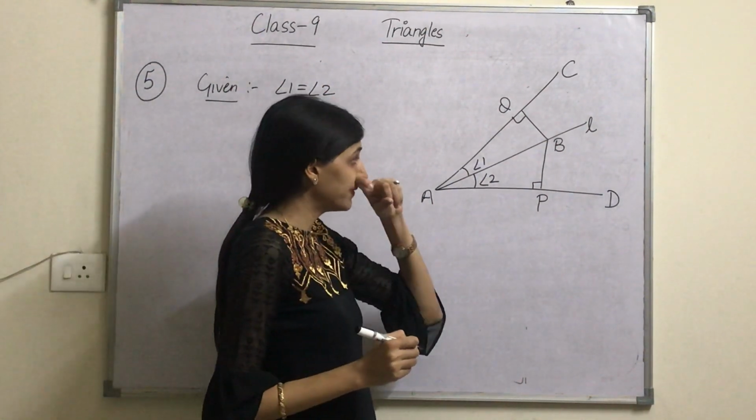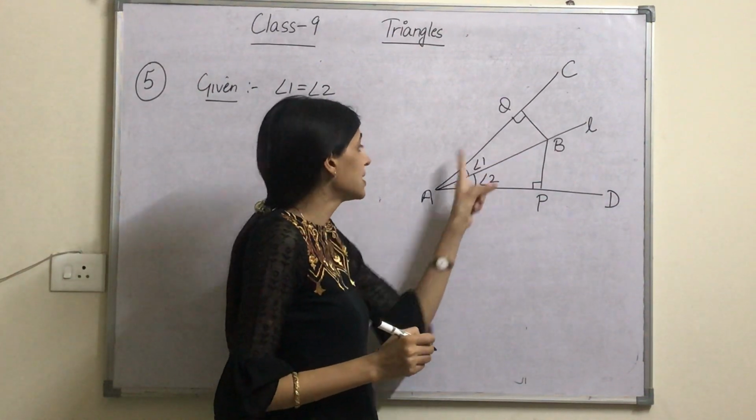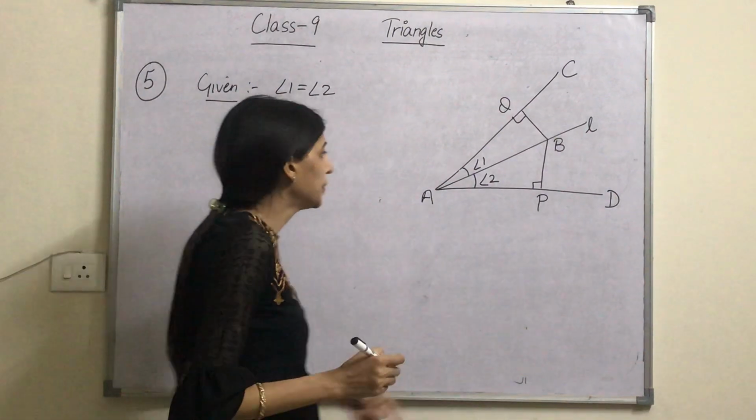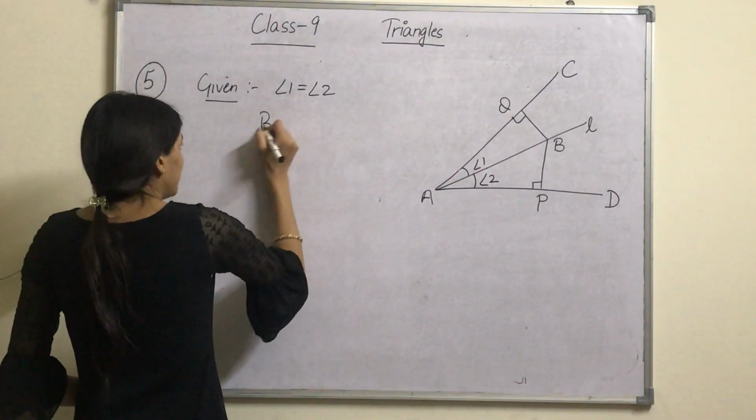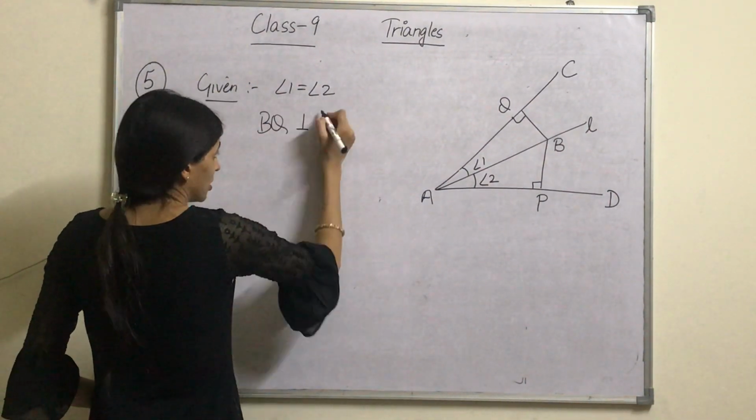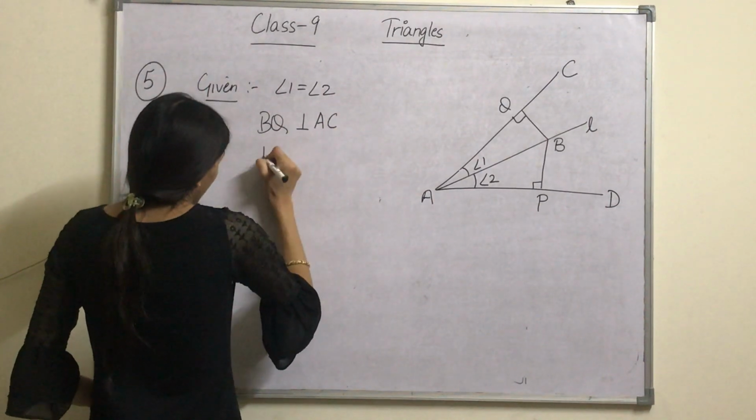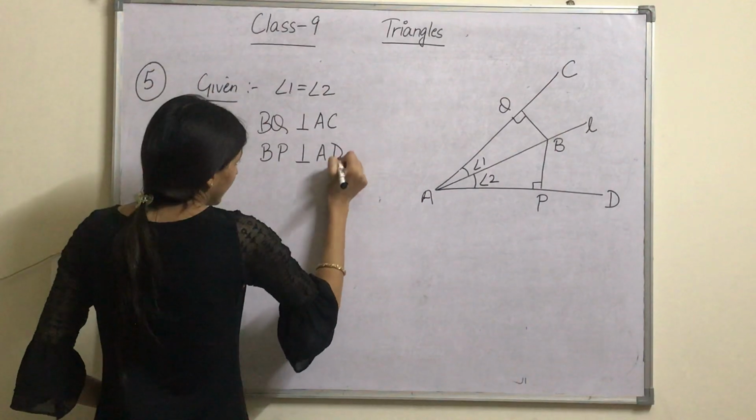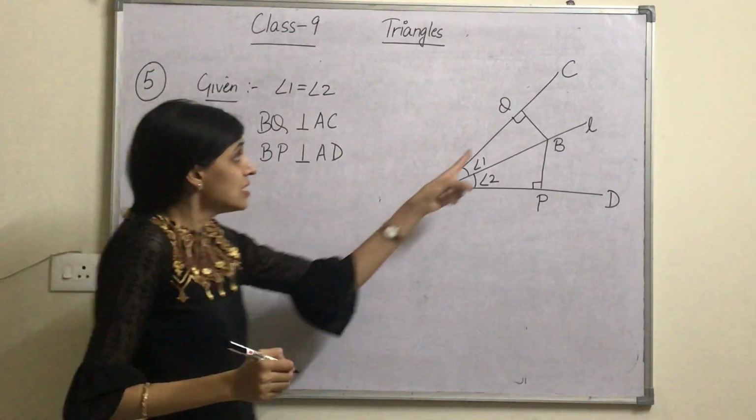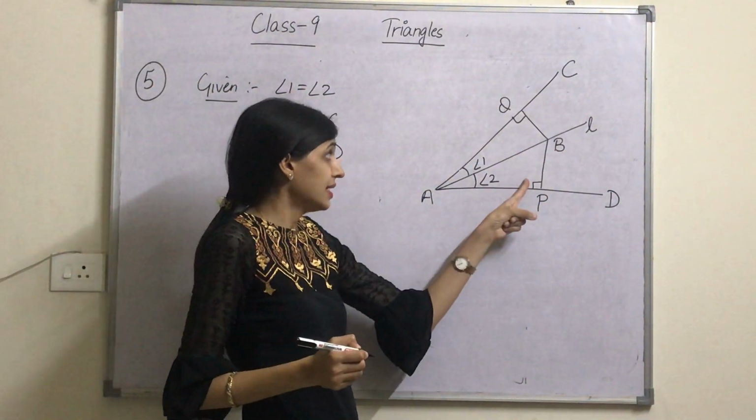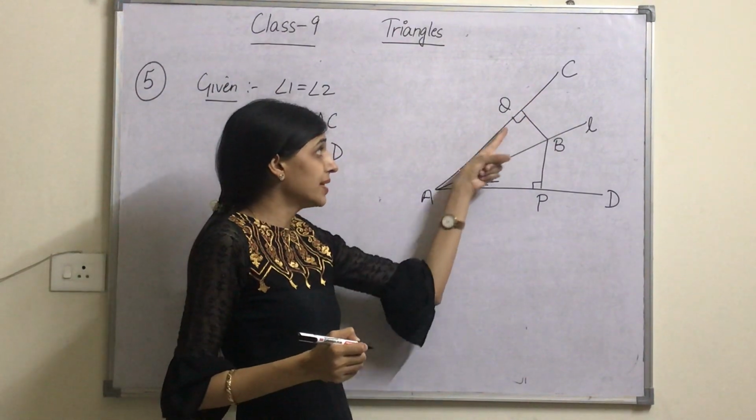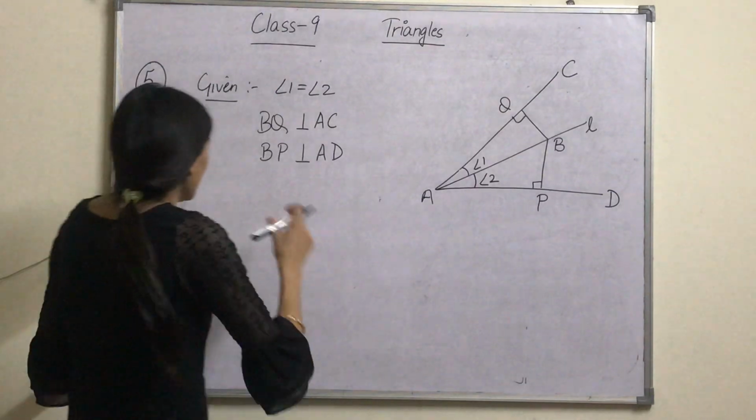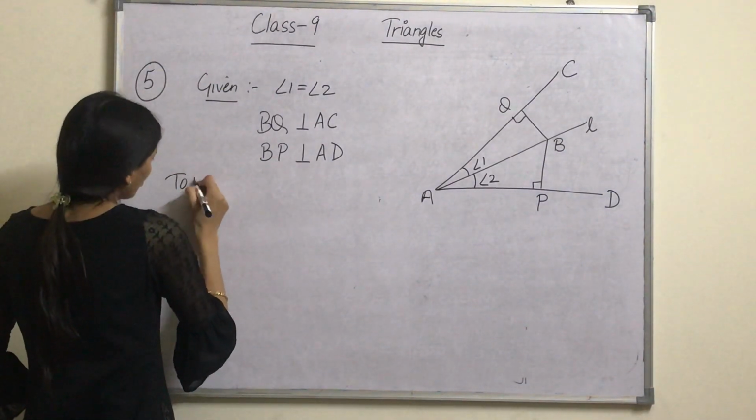Moreover, another thing given to you is BQ is perpendicular to AC and BP is perpendicular to AD. That means these angles are 90 degree. That's why they are perpendicular, when these angles are 90 degree. So perpendicular means 90 degree, right? But we have to prove